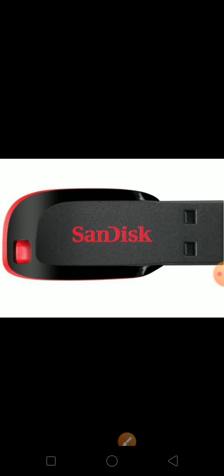Then we will learn about our pen drive. Children, have you seen this type of device? Your parents might have used these things. This is our pen drive. A pen drive is a lightweight and handy storage device. It means you can take it anywhere and you can keep it inside your pocket. It is very easy to use. Just plug the pen drive into the USB port and start using it.